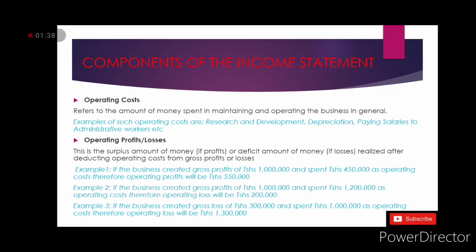Now, depreciation. Depreciation is basically the cost that is incurred on non-current assets. We will look more into this in the next video, but let me explain it to you in an easy way. Non-current assets are assets that a business expects to own for a long period of time, that is more than 1 year. When these assets are first bought, they're usually at their best quality. When they're new, they're working well, at their best form of production.